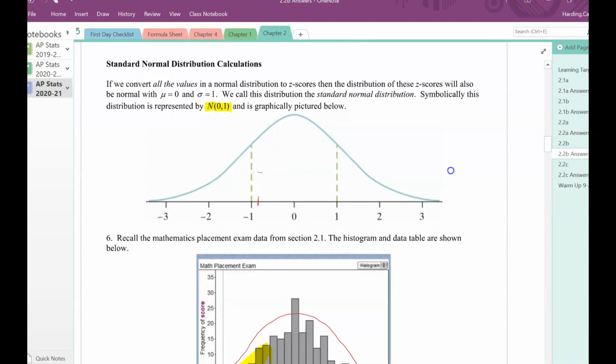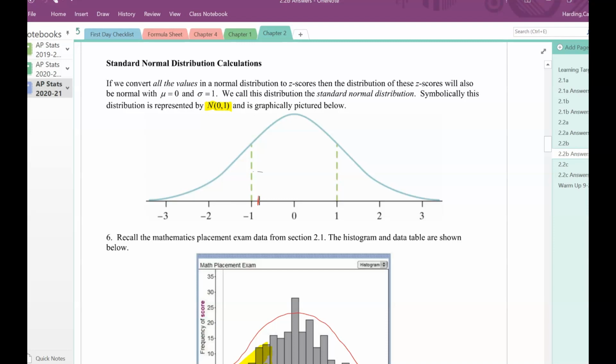All right, let's switch over and take a look at an actual standard normal distribution here on the next page. So these are all standardized scores, which makes the mean 0, the standard deviation 1. You can see the highlighted portion there is the notation that shows that. And what we're going to do is look at the math placement data from section 2.1, and we're going to convert these